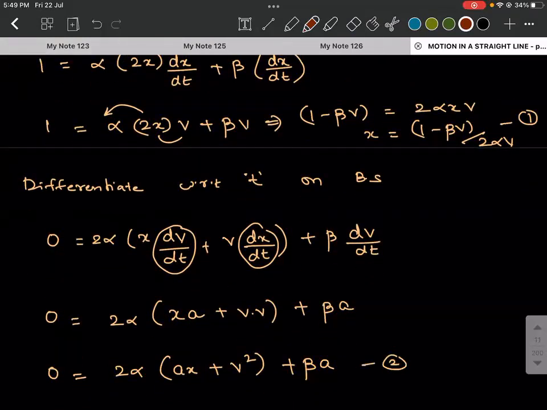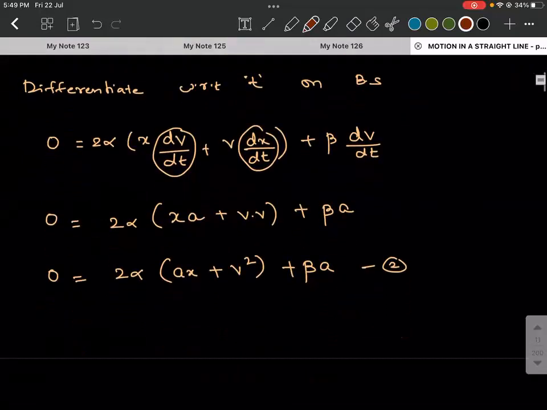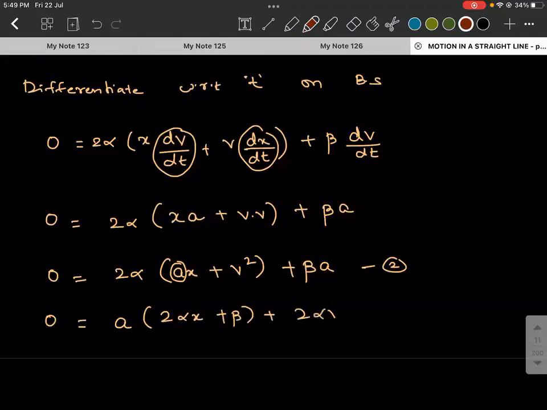If I use 1 and 2, what will I get? I need to find this a. So I will do one thing. 0 is equal to a into 2 alpha x plus beta plus 2 alpha v square. This I'll call it as 2. Did you understand what I did? I took out a common. So 2 alpha x plus beta plus 2 alpha v square is equal to